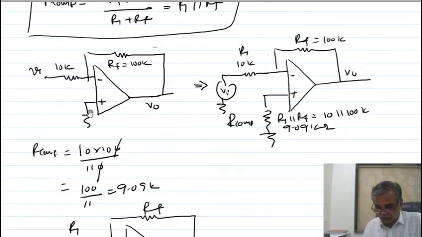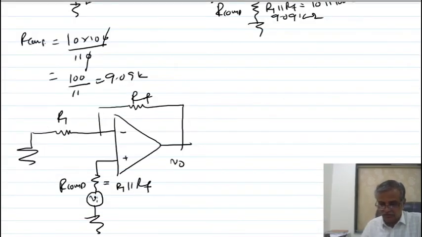Similarly, if you use this in an inverting amplifier, you will get some error due to your bias current. So whenever you want to use the inverting amplifier, use this circuit. With this circuit, the effect of the input bias current is compensated. I think you understand how to compensate the effect of the bias current. Here is the end of the lecture. I think you understand what we did.